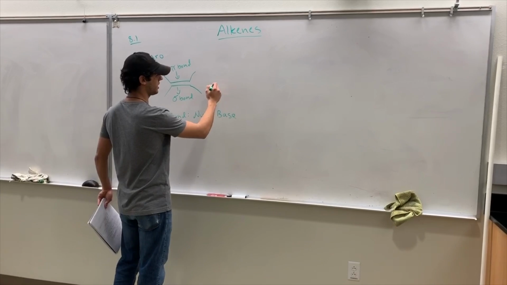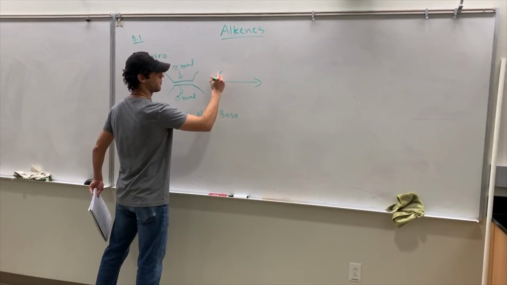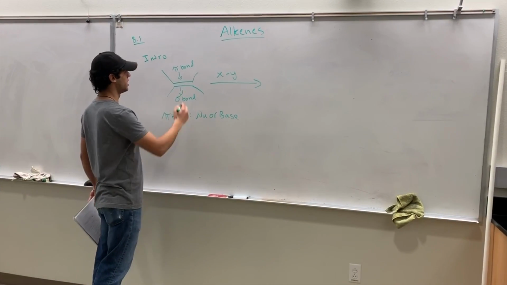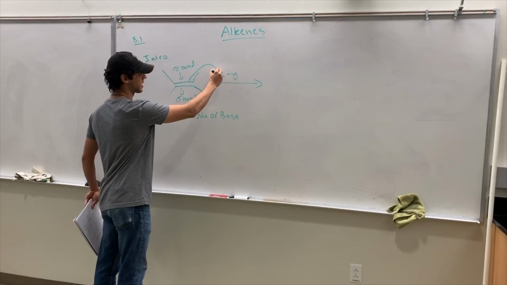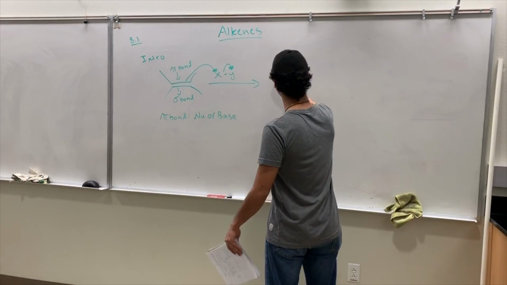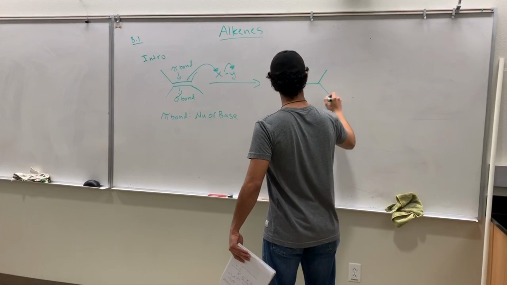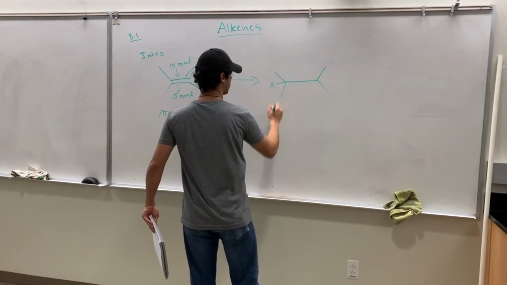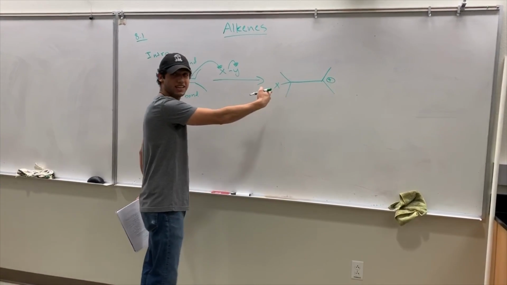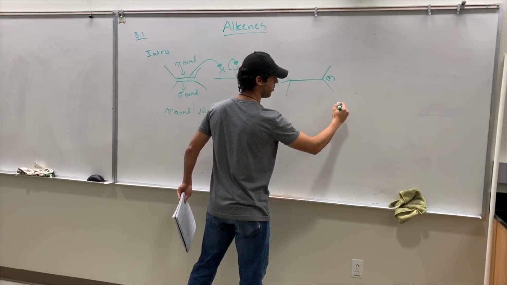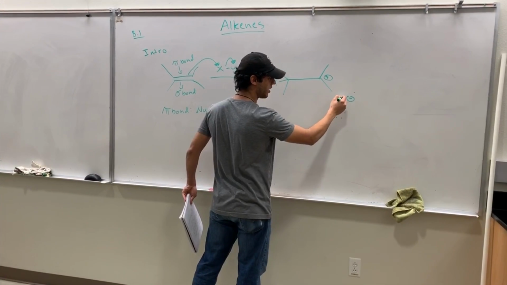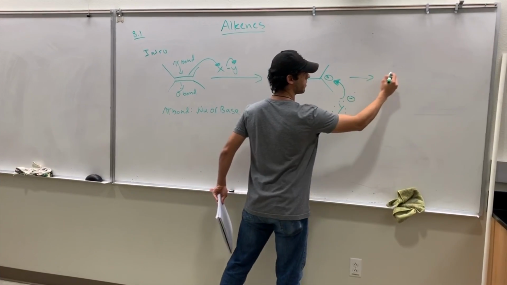So if I mix this alkene with an XY reagent, there's nothing labeled for XY, it's just an example, the pi bond would do the attack. This is the mechanism. The pi bond would break, and first of all, X gets added to that side and results in a carbocation on that side. You're left with Y, and Y has a negative charge in this case, so it would act as a nucleophile and attack here. The result is